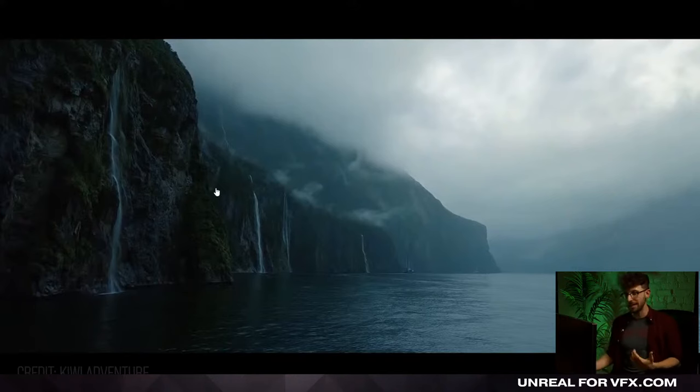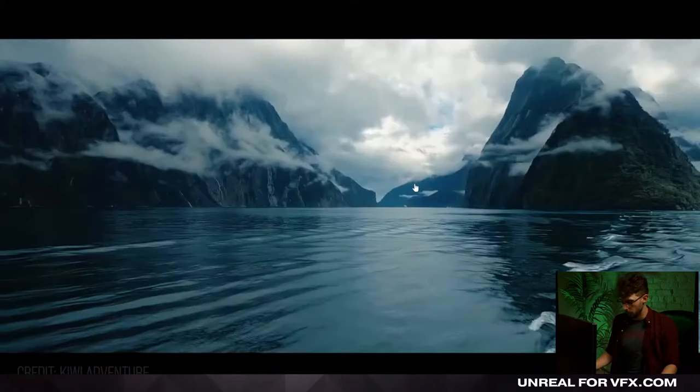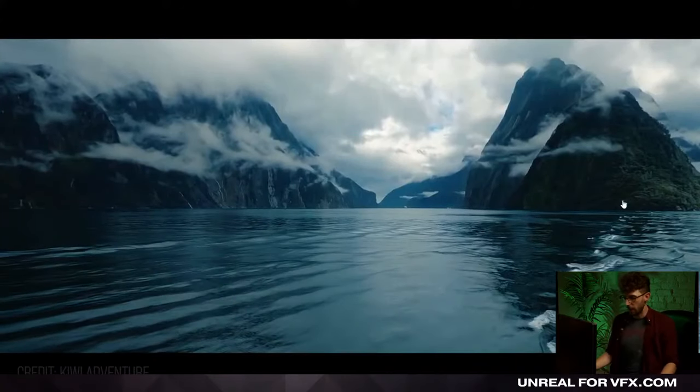The other takeaway is scale. So if we look at the clouds in this next shot here, look at how gigantic these clouds are, and they're intersecting with the different mountains, and it looks super cool. The fact that those clouds are intersecting with the mountains adds depth because it feels like something's in front of this cloud and something's behind that part of the mountain. So we get some separation between midground and background.